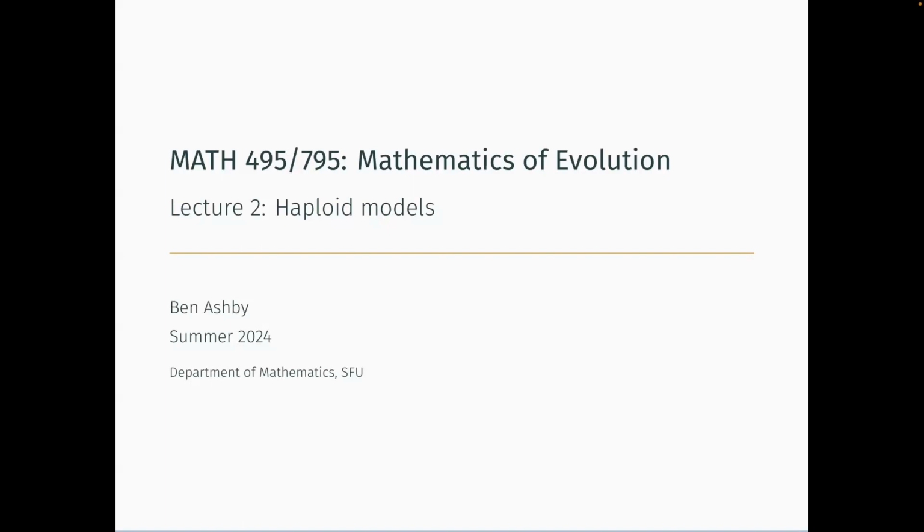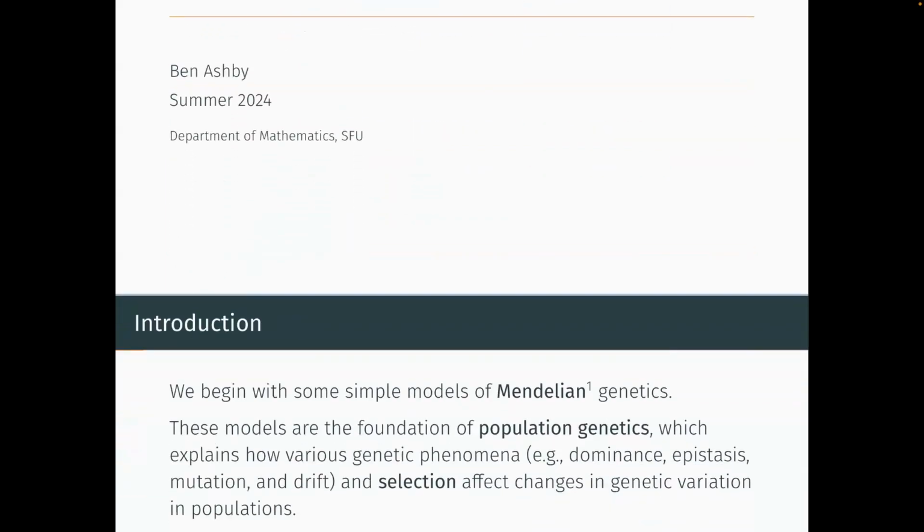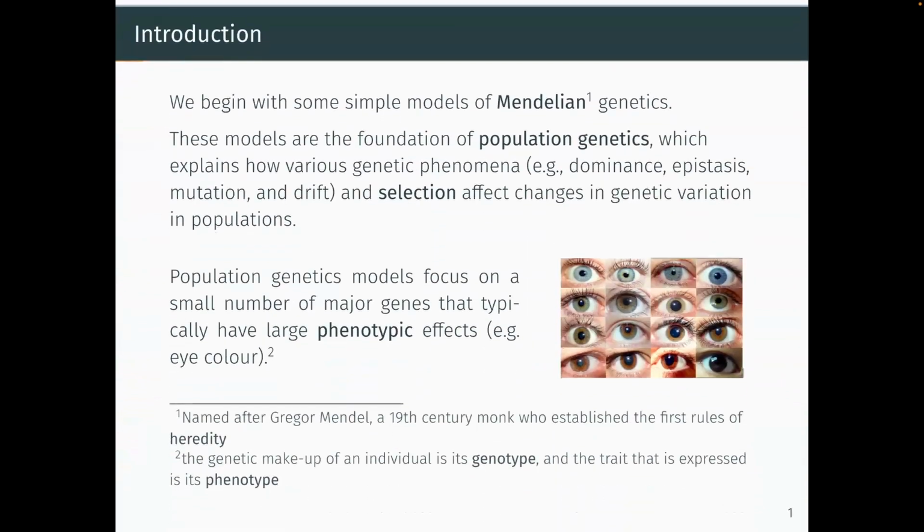Today, we're going to be talking about our first models of evolution. We talked about principles of evolution a little bit and some misconceptions on Monday. Today, we're going to be thinking about how do we actually start constructing some models to help us understand evolutionary principles. We're going to start off with this first part of the course is about an area of mathematical evolution